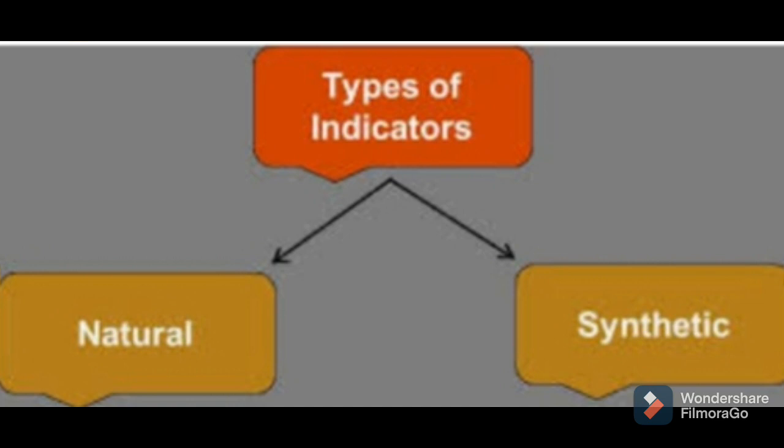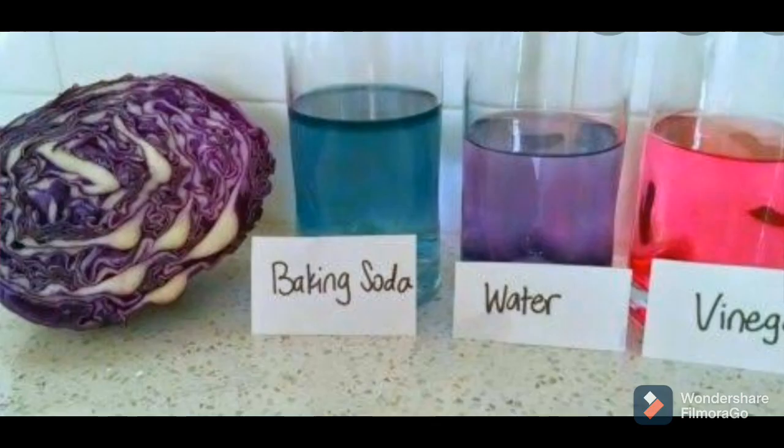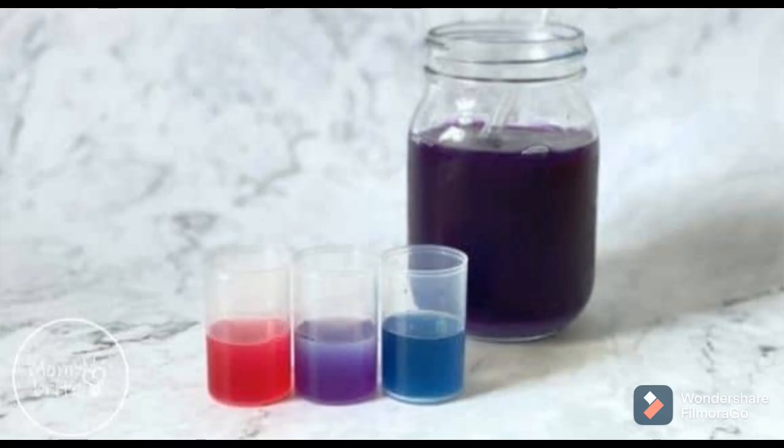Today, we are going to discuss some different indicators which we use for identifying whether the given substance is acid or base. So we can use red cabbage. This red cabbage is purple in color and we can also use the solution of red cabbage as an indicator. When we put 2 to 3 drops of this solution in an acidic solution, then the solution becomes pink or red. Means red cabbage indicator shows pink or red color in acidic solution and blue or green color in basic solution. Then what about neutral solution?